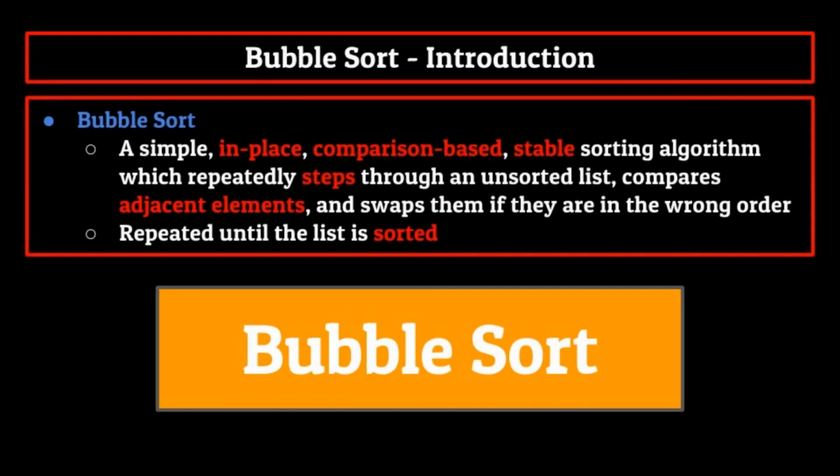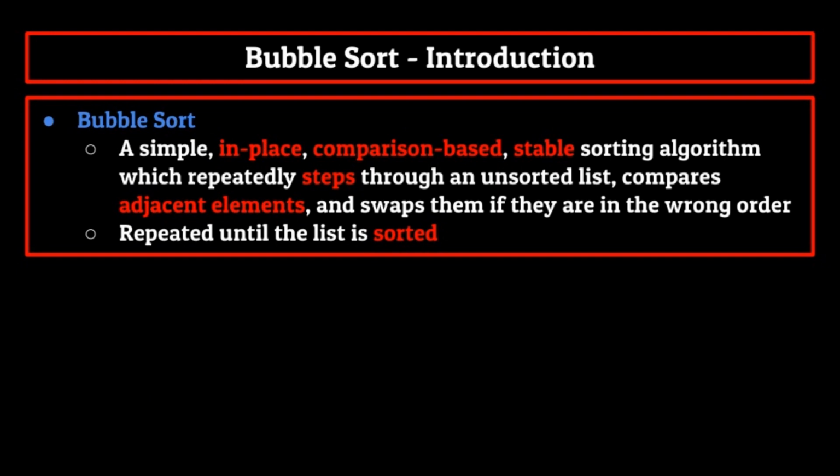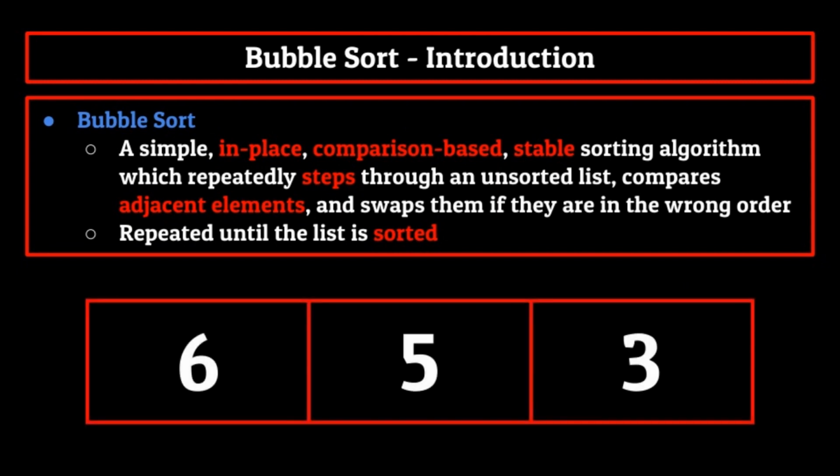By definition, bubble sort is a simple, comparison-based, stable algorithm which repeatedly steps through an unsorted list, compares adjacent elements, and swaps them if they are in the wrong order. The algorithm then repeats this process until the list is sorted. If you think about it, this is literally the simplest way to sort a list. Go through and just keep swapping elements if they're in the wrong order until the entire list is in the